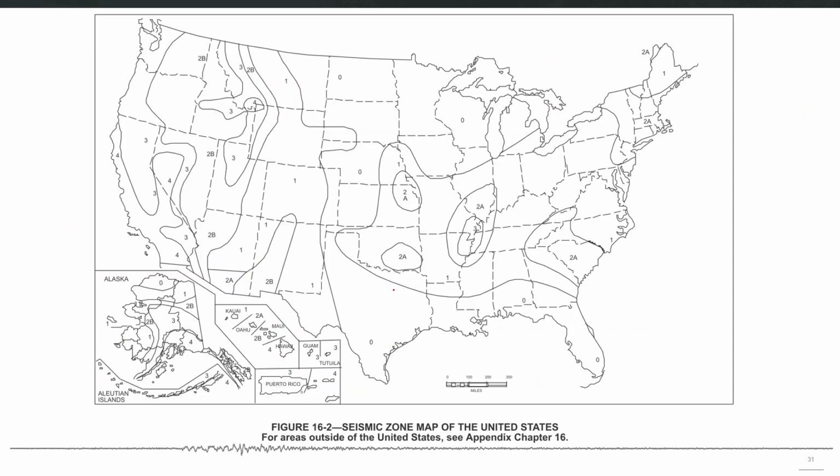This is the seismic zone map for the United States, and that was based on the updated probabilistic seismic hazard assessment at the time of UBC 97. You can see here, for example, zone 2A, 2A, and then maybe zone 1 here, zone 3 here, and towards the west coast you have zones 3 and 4, where the state of California is. You can see here zone 4 and then zone 3, zone 4. So all the west coast is basically a very seismically active part of the world. Once you get the zone for your site, you can pick the Z factor from Table 16-I.